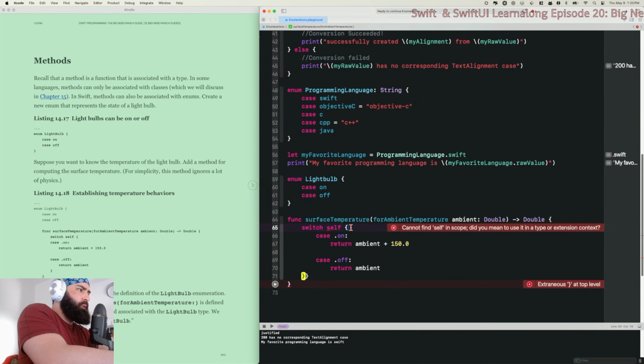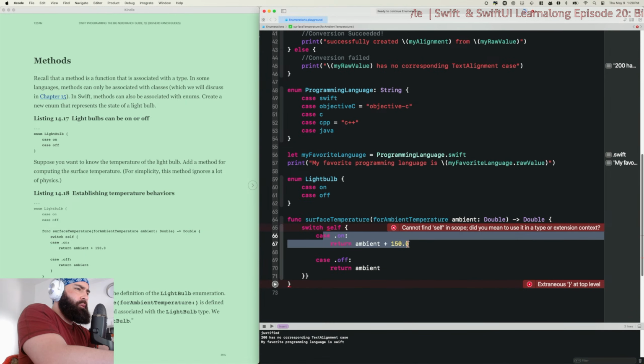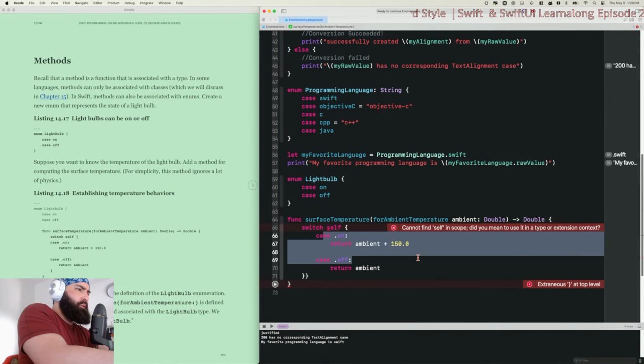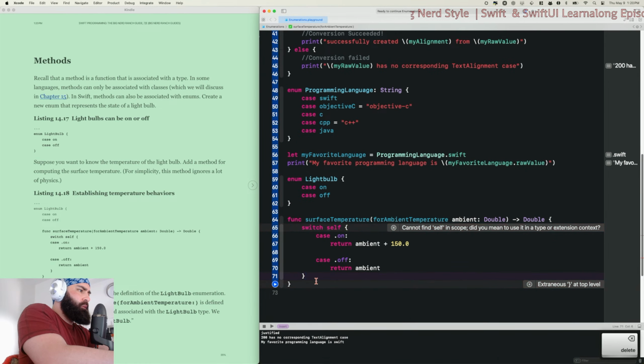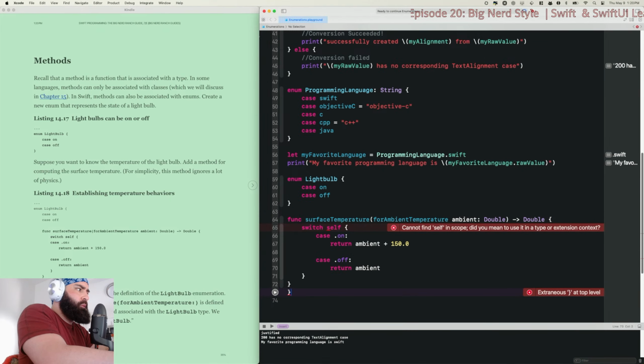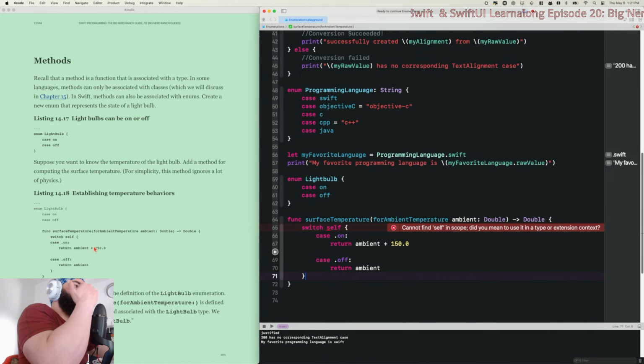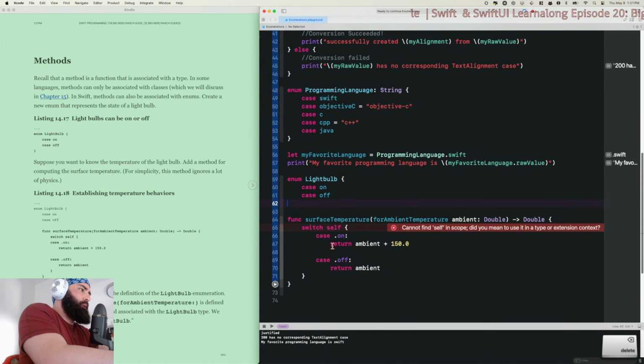Switch self, open it up, case on, return. Oops. That's the switch statement. What's the problem? Oh, my bad. I didn't see that it was all one.